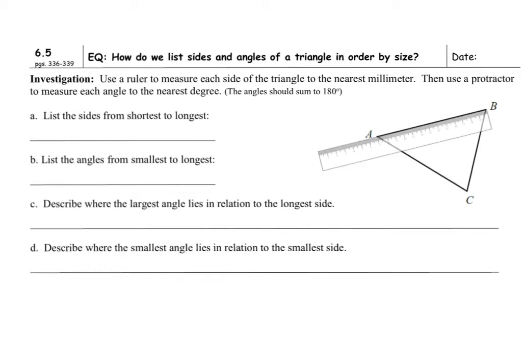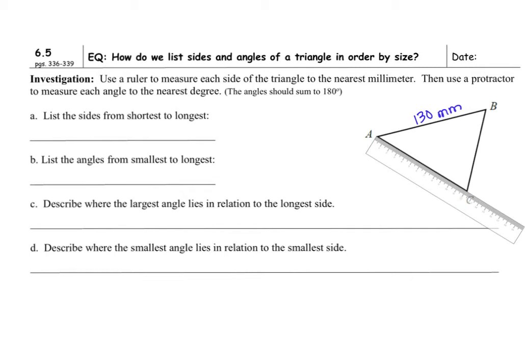So I positioned my ruler to try to measure side AB. So it looks like I got it as close to the 20 millimeter mark here, and it looks like I'm right at 7. So from 7 to 20, that would be 13 centimeters, which you would then convert to millimeters, which is 130 millimeters. Now I'm measuring side AC, and because we're supposed to go to the nearest millimeter, it looks like I'm going to be at